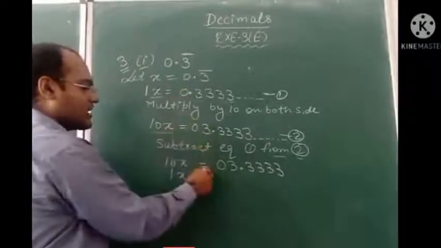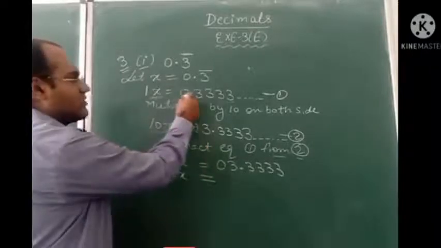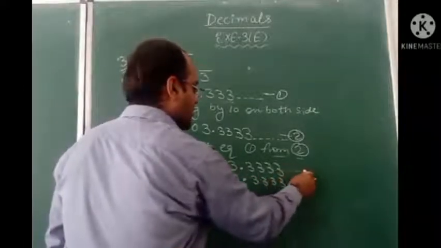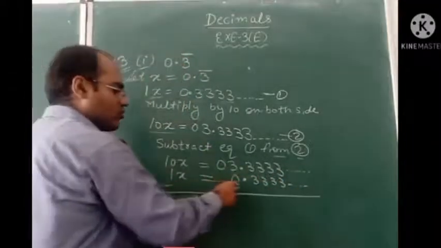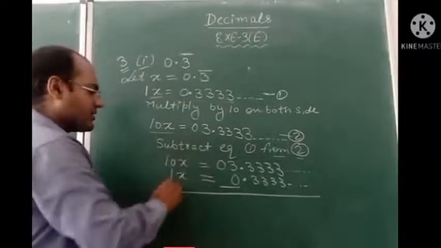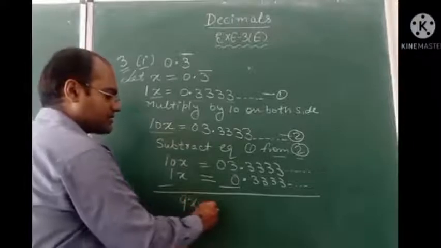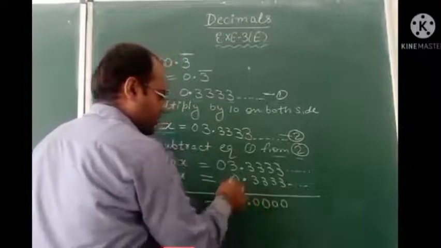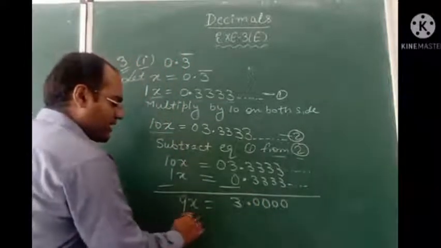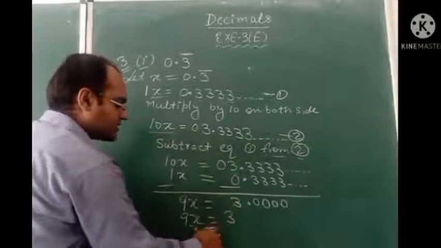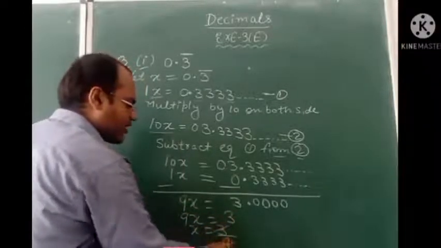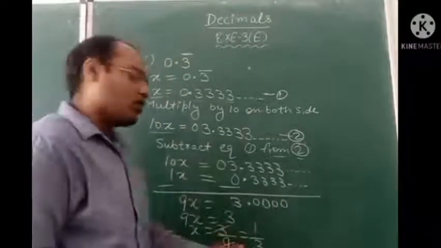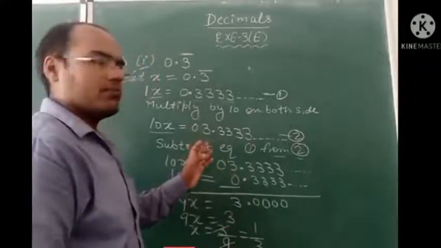1x. Under the equal sign we have to put equal. 1x equals 0.3333 and so on. Here also so on. So when we will subtract both the sides, left side as well as right side, 10x minus 1x will become 9x. This will become 0.3. So here we are getting 9x is equal to 3. So x is equal to 3 upon 9. On dividing it with the table of 3, we will get the final answer 1 upon 3. So here we got the fraction. So like this you have to do question number 3, first part.